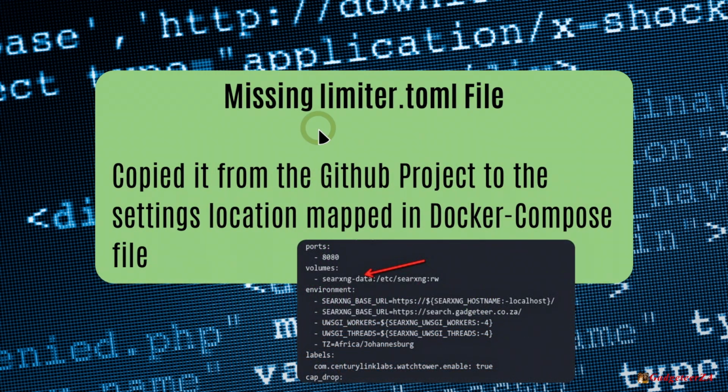The other one was I got this missing limiter.toml file. The reason here was if you've activated the limiter, essentially it is limiting things like bots and certain other things that could affect your site. The point here being that that file, for whatever reason, wasn't created or wasn't present when I did the installation. So all I did was I went to the GitHub project for SearXNG, and I just found the file called limiter.toml, and that was in the source code. And I just copied it down to the settings location. In other words, where I've got the settings file and so on for the service. And where you're going to find that is